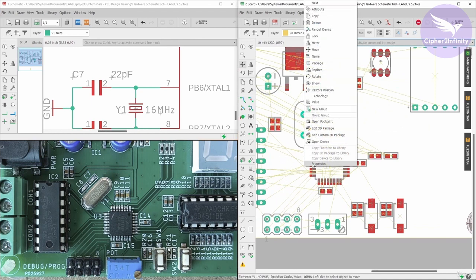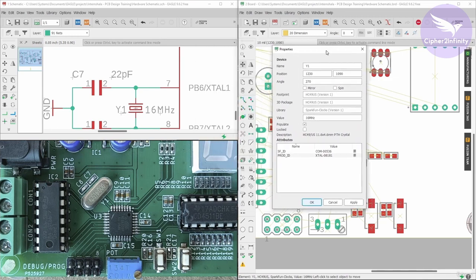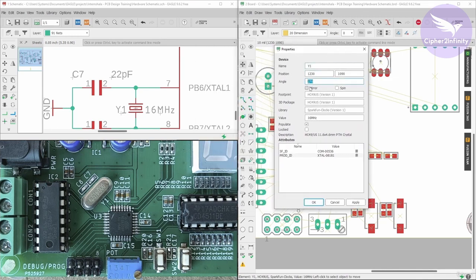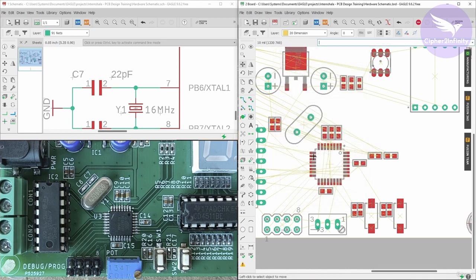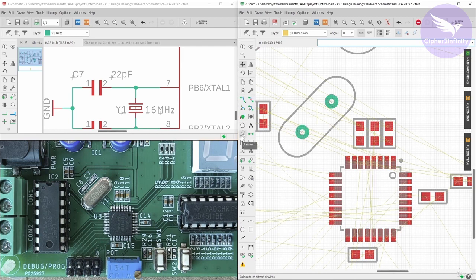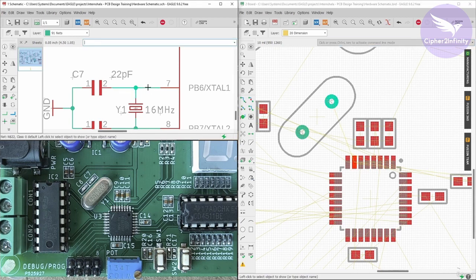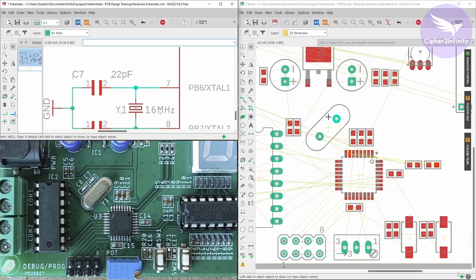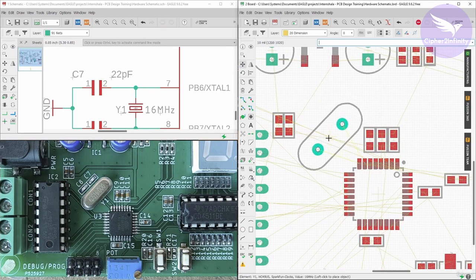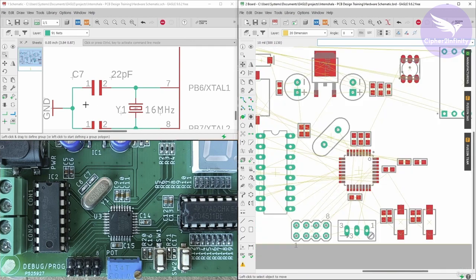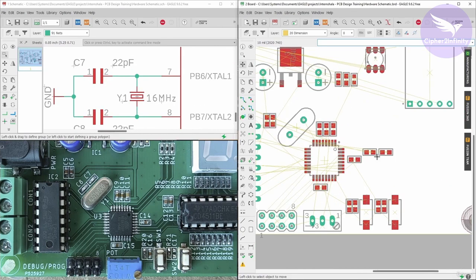So you have to click on properties, and later from here you can actually change the angle of the component. So here I will write 45-degree, and after that I will click on apply and then OK, and later I will click on ratsnest. So you can see from here there is a straight connection. So let me select show option here. So you can see from here there is a straight connection, and again from here there is a straight connection. So I will place this crystal properly, and later these are the decoupling capacitors of this crystal,